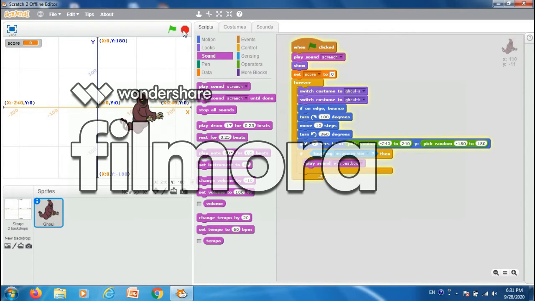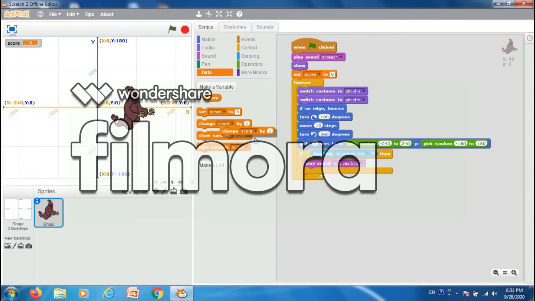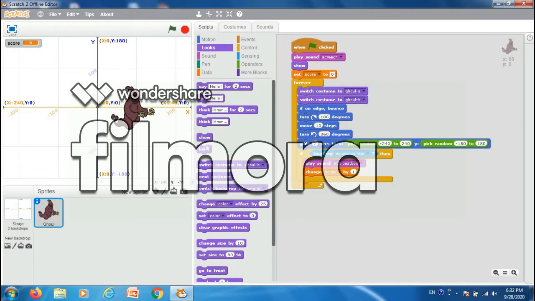Okay, and then go to the data, change score by 1. Then go to the looks, hide and show.